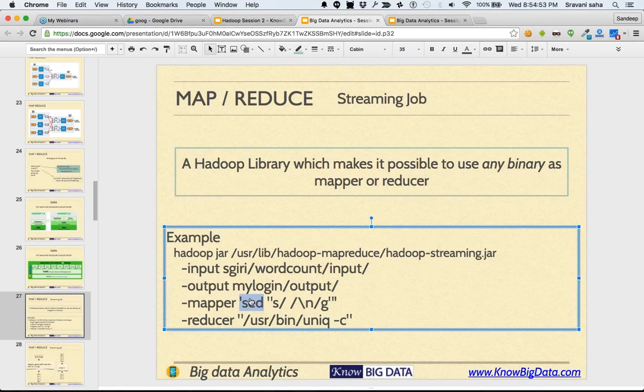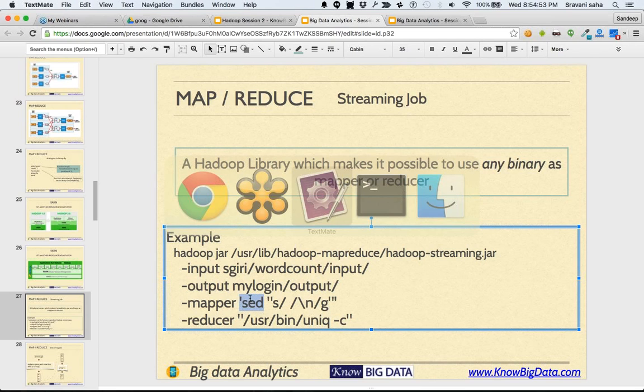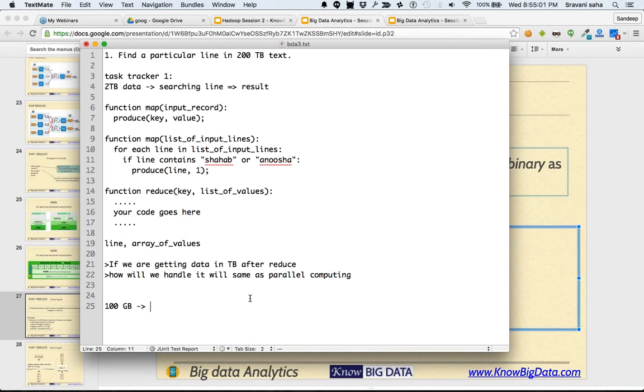If your code was churning something like 100 gigabytes, it would take maybe 10 minutes on one machine.